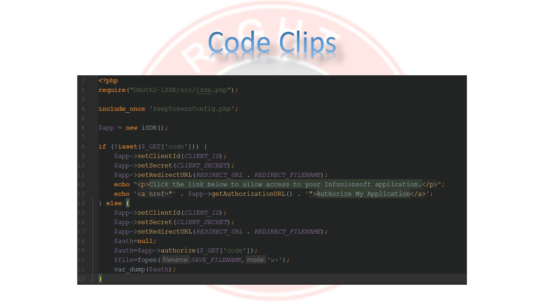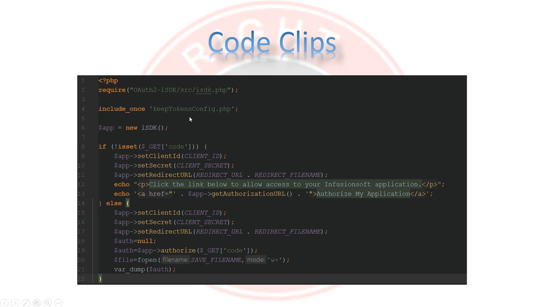I'm using that as an example since this is really to go over the process, and the process is the same. It's not any different for the API method, and the process would still work the same using REST as well. So here we go. In the case of the OAuth ISDK, in whatever language you're using, whether it be Python and you're doing an import, or .NET and you're doing a require or include, or PHP and you're doing a require, you would include